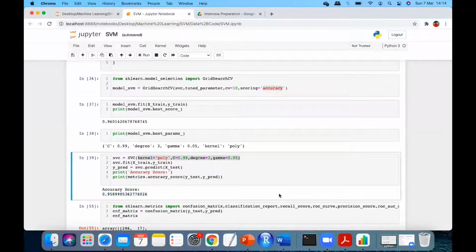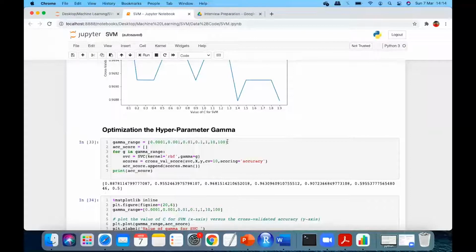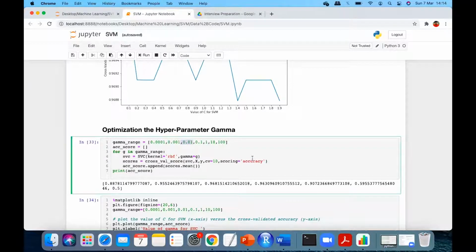Dhruv, how did we get the value of gamma as 0.01? How did we start? You can give it in a range, and then you will find out at which particular value, let's say the third value, it is the highest. In all the values that I have tried, the third value is the highest. This is how I have given it. You can give it in a range, which is a better method. You can start a loop and see exactly at what value you are.